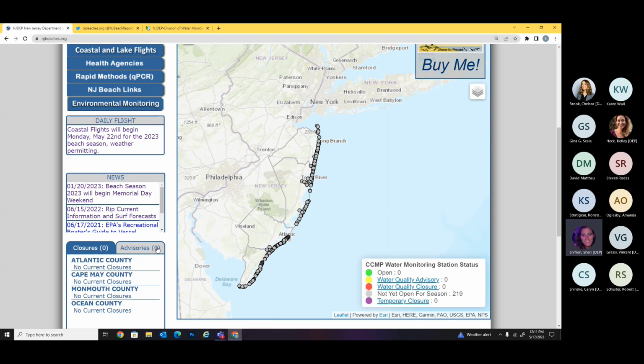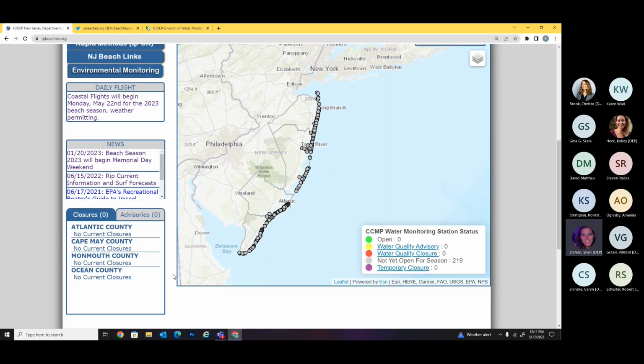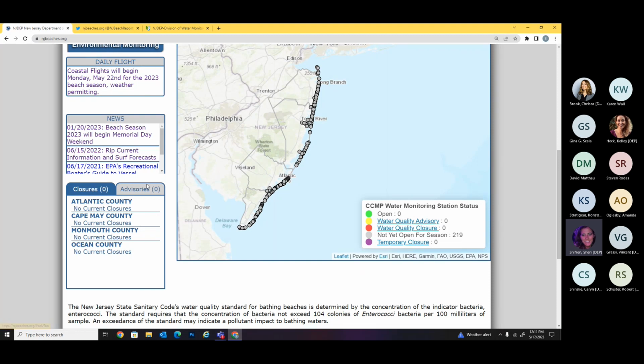All right, so the other thing is you'll quickly be able to see what beaches are open, what has an advisory or closure by the map, but also this little box down on the bottom left. If there are any advisories or closures, which is a different tab for each one, it'll show up here and it'll give you the information of which beach it is. It'll also tell you if it's an ocean, bay, or river beach, and then it'll give you the reason for closure. So it might be there was a bacterial exceedance of the water quality standard, or we also could have precautionary closures, which I'll get into in a minute as well.